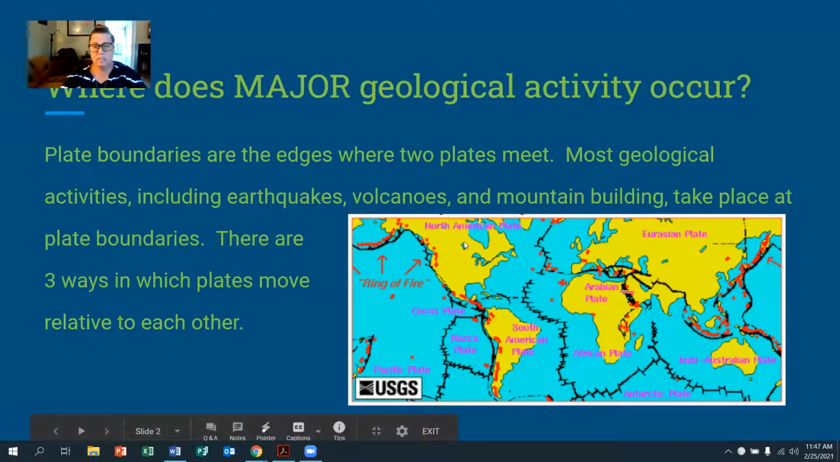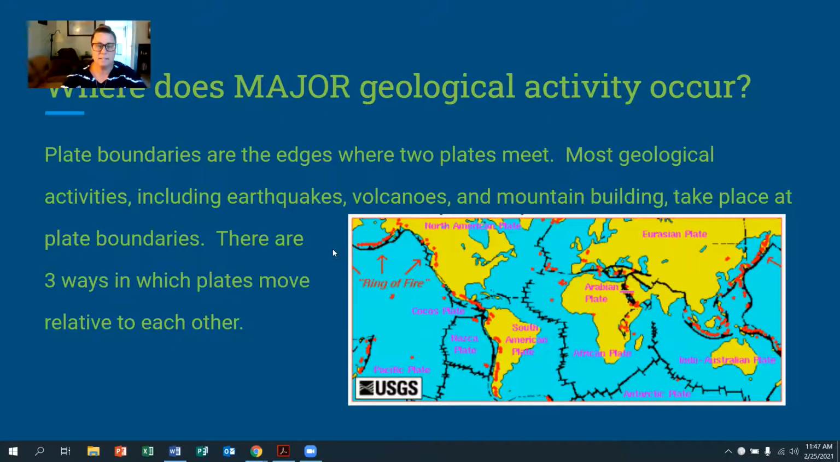So here I've got a map. And on the map, you'll see the continents as we know them now, the 7 continents, right? But you'll also see these black lines. And along these black lines, you'll notice that there are a lot of red dots, okay? These black lines do not indicate our continents. However, they indicate the